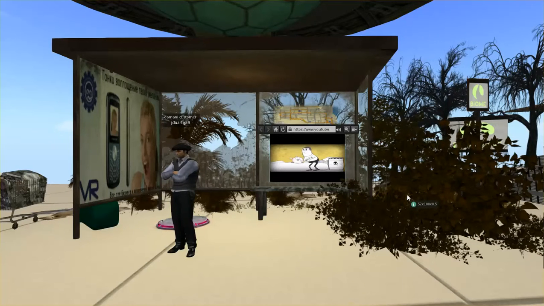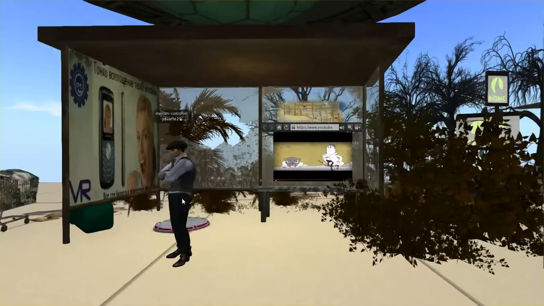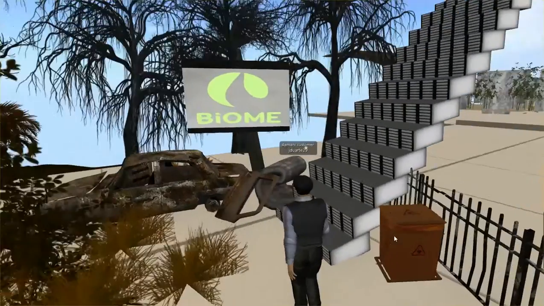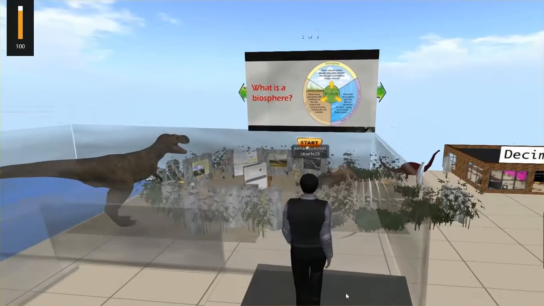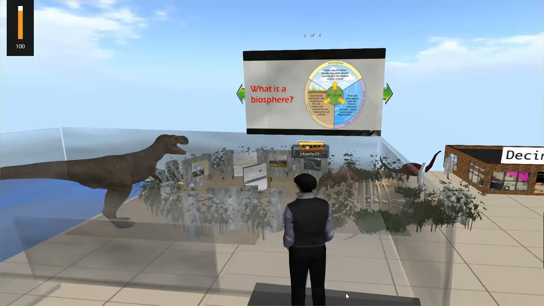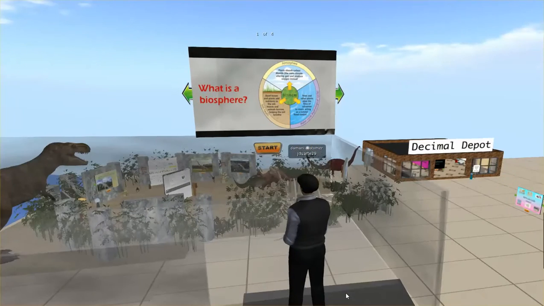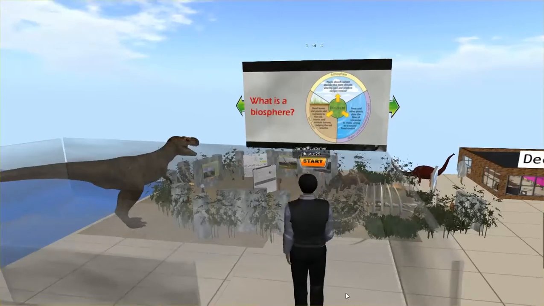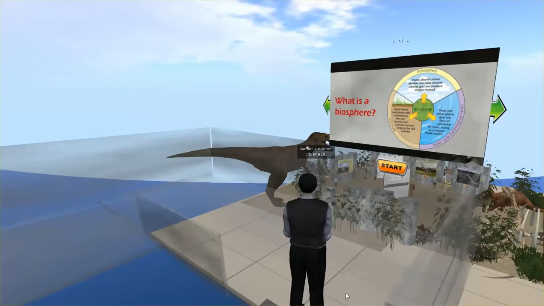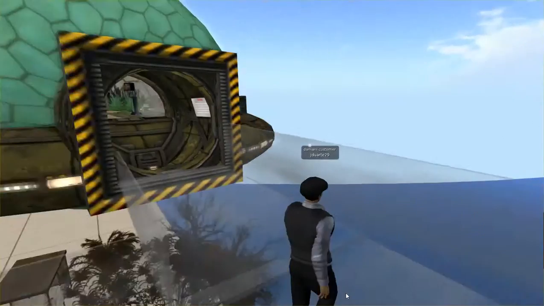We begin our series underneath the dome inside the bus stop, where you will watch an introductory video on the impact humans have had on our Earth. You will then proceed to the dome to enter. At the top of the stairs, you will see a series of slides introducing the topic, some of the terminology, and what is expected for this project. Once you have gone through those slides,